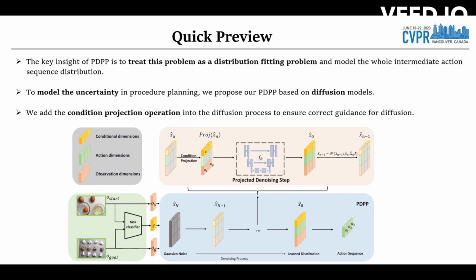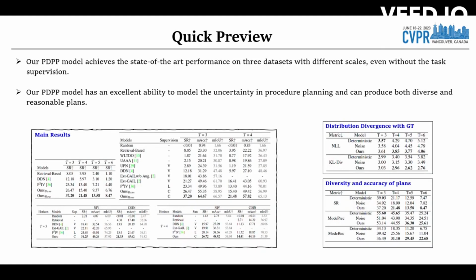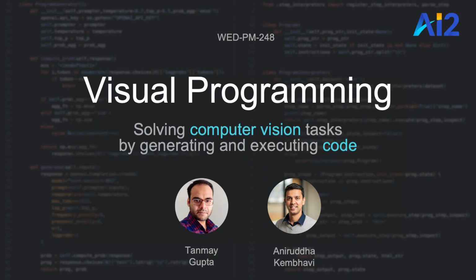Furthermore, we apply an efficient projection method to provide accurate conditional guides for our model during the diffusion process. Our PDPP model achieves the state-of-the-art performance on 3 datasets with different scales, even without the task supervision. Our model also has